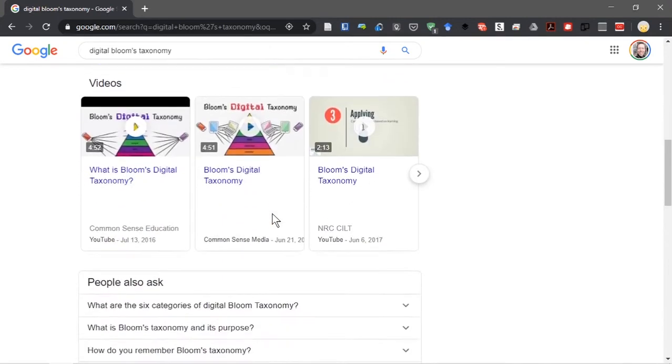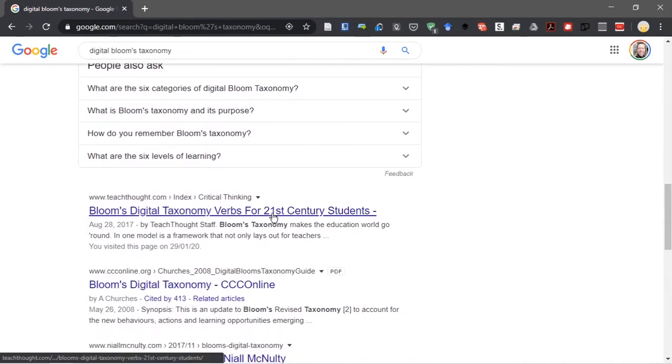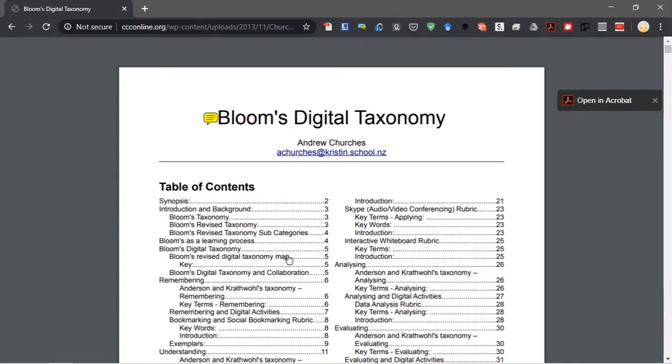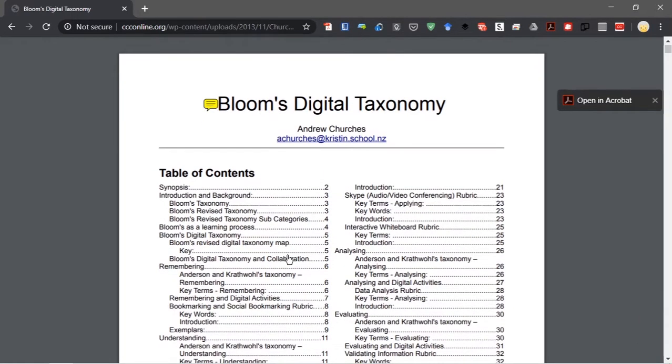for explaining what it is. But we're going to go to a particular publication by a guy called Andrew Churches. And it's this one here that we're particularly interested in. This is, you could call it a handbook really, that came out in 2008. And it basically explains the taxonomy as it was coined by Andrew Churches at the time. And it takes you through all the stages and offers some really tangible, practical tools for addressing the different levels